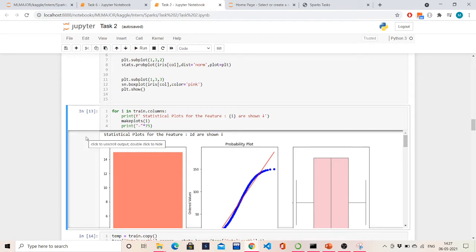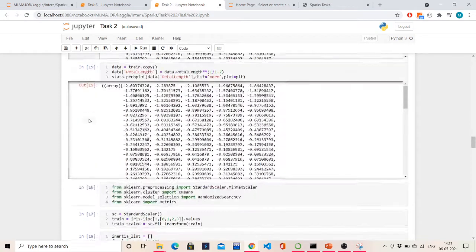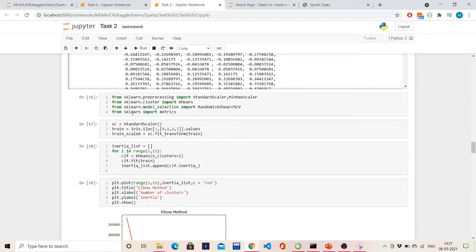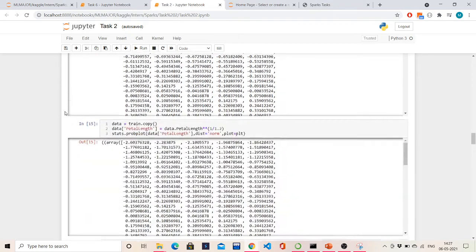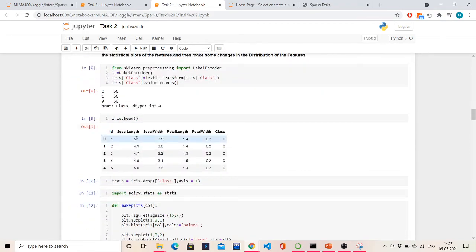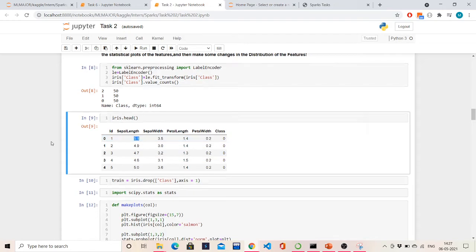If it was a classification or prediction, then I would have to scale the values and all those things. Then I have to scale the data, because if I observe this data, it is not on the same scale. Sepal length is somewhere between 3.5 and 4.5, sepal width is around 1.5 to 3.5, petal length is 0.5 to 1.5 or 2, and petal width is somewhere between 0 and 1. So this is not in the same scale, and I have to bring the whole data to the same scale.